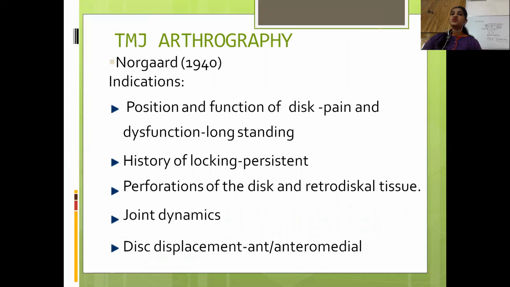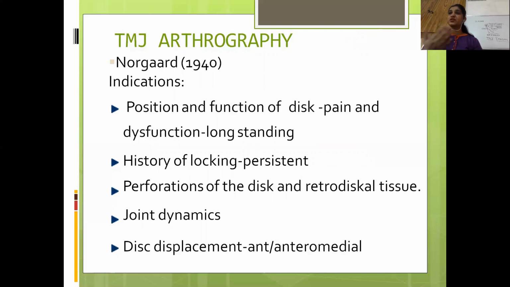Then TMJ arthrography. It was discovered by Norgard in 1940, and this is more of an invasive procedure, because we have to inject the contrast media and then view the TMJ joint with the contrast media through an X-ray source. So the indication should be very specific: if the TMJ joint is not visible by other modalities,